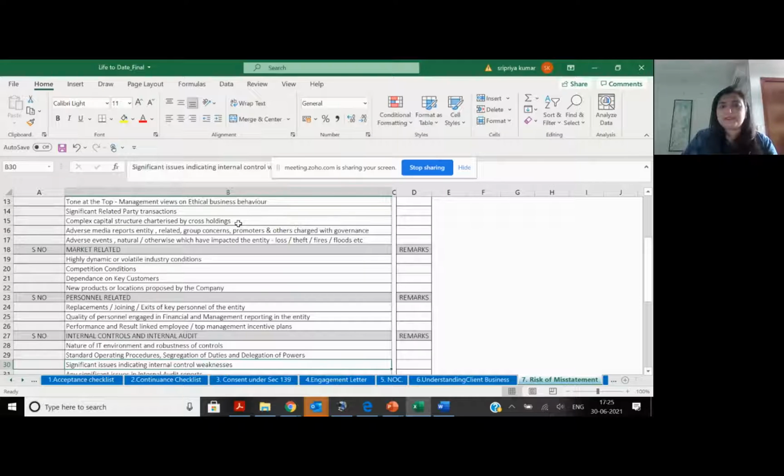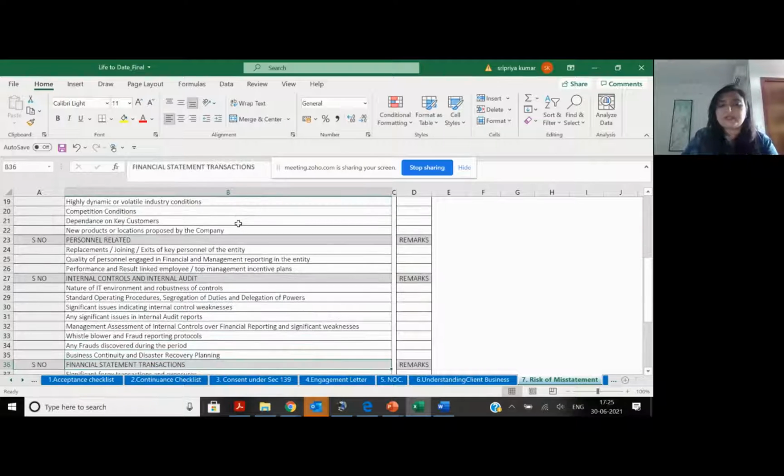Have there been big exits? See, all this will help you to identify how much of audit you want to do and how deeply you are going to audit. So today there have been frequent movements. The CFOs quit and gone. I do a lot of work on that audit. Accordingly, your fee will have to be different.